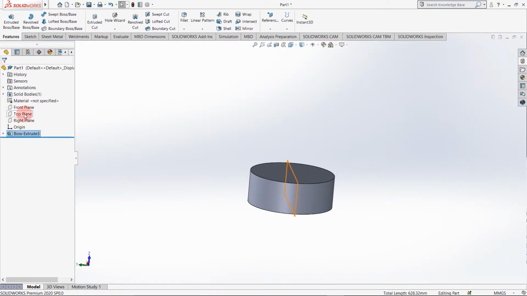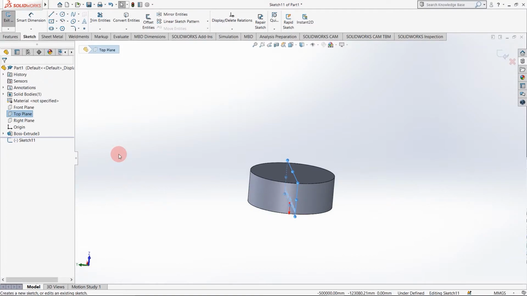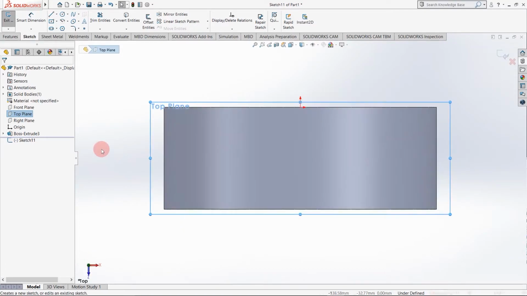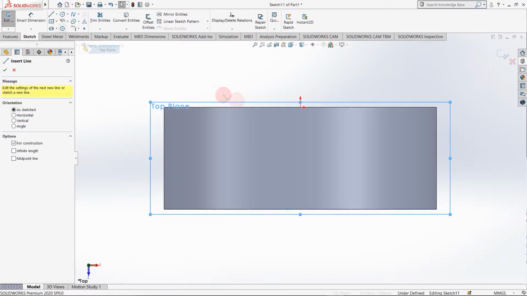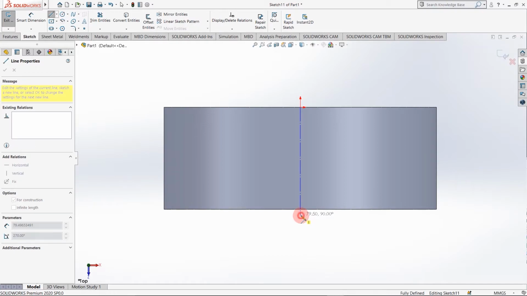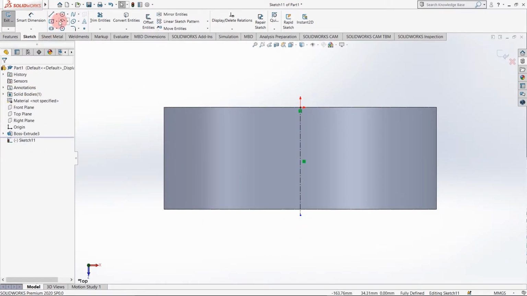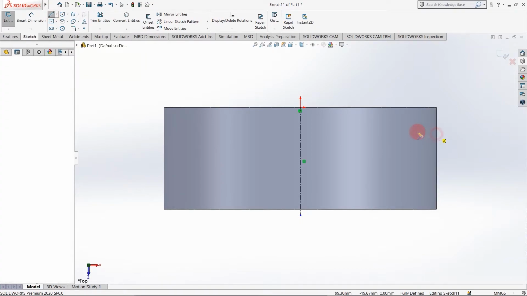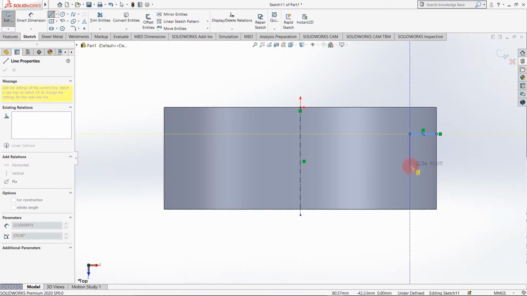For that I want a plane perpendicular to my geometry, so I am selecting top plane, sketch, Control 8 for normal view. First of all I need to select a center line. So this is the center line. Now I want a rectangular cut for revolve cut, so I am simply constructing a rectangle.